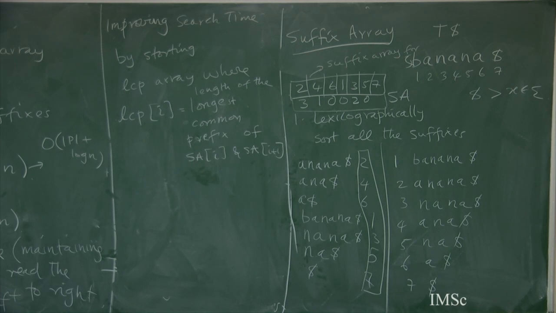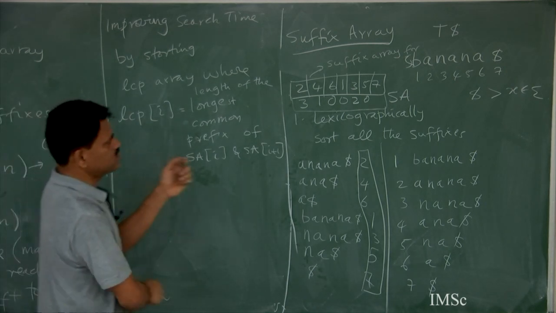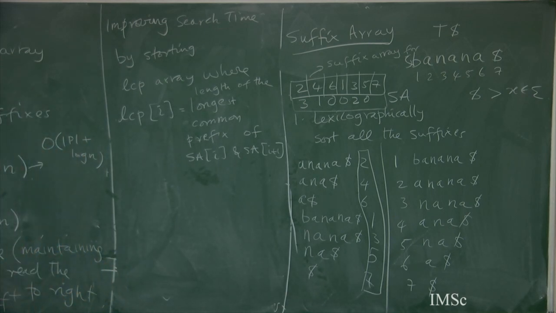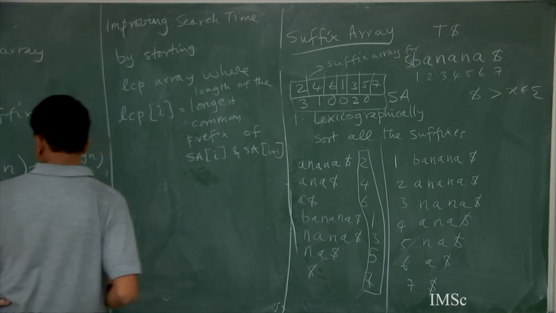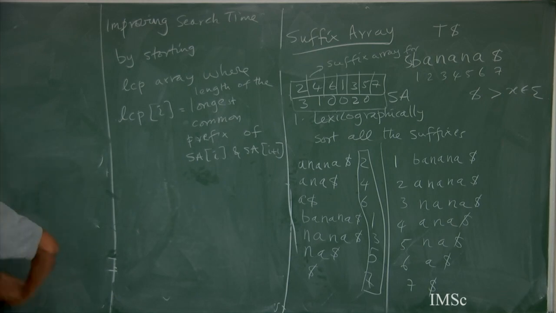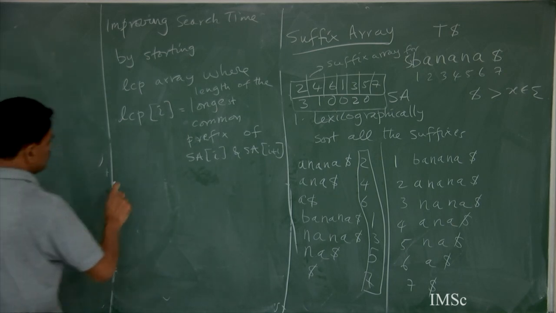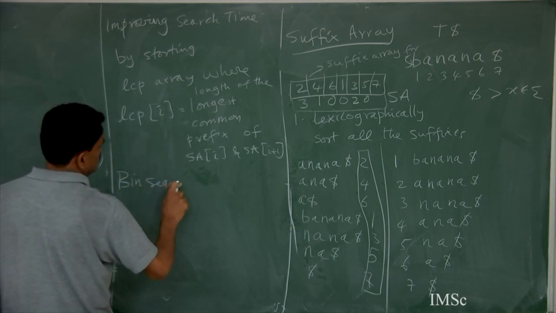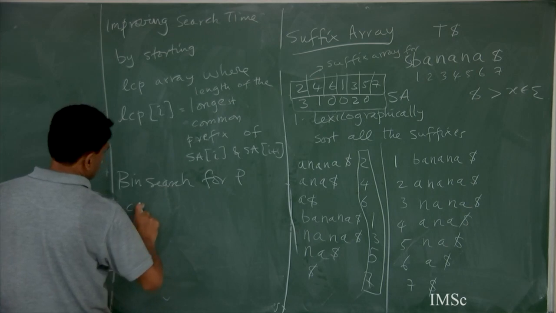Okay, so, I have my suffix array which is pre-computed and stored, and I also have this longest common prefix length that's stored. Now, it's the same old binary search, but I want to argue that you can use this LCP array and be clever about it. So, let me write the result. Binary search for P can now be done in